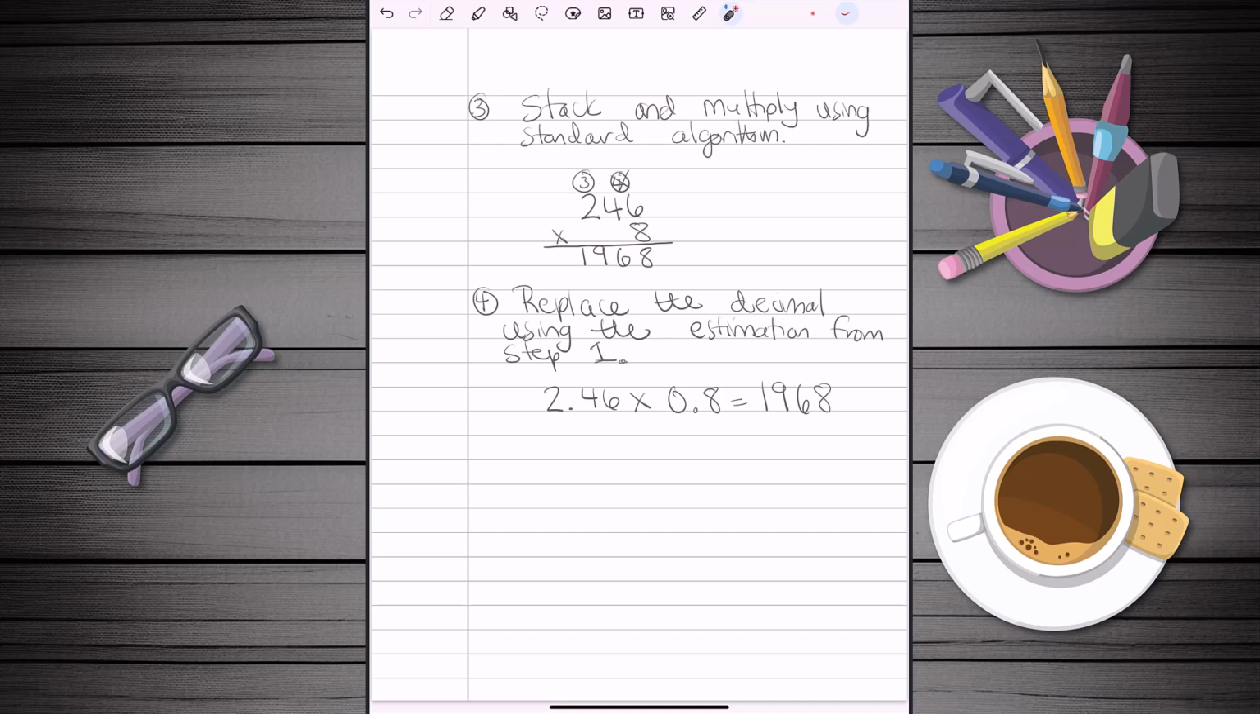The decimal place should go between the 1 and the 9 because this gives us a number that is between 0 and 3. 1 and 968 thousandths is more than 1 whole, it's less than 2 wholes, and that's between 0 and 3. If we put that decimal point anywhere else, it would give us a number close to 19, a number close to 196, or a number close to